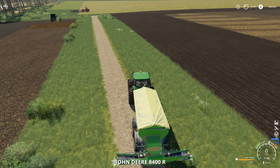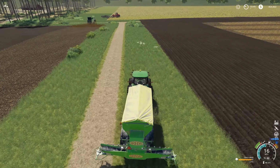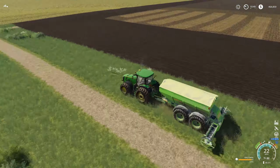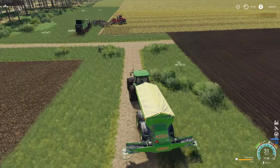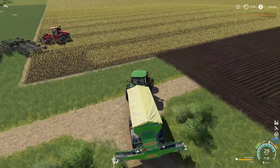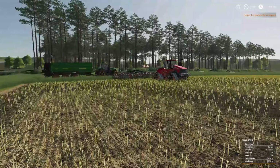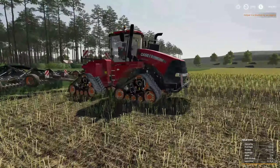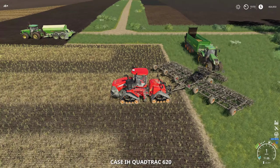Alright, let's go ahead and get the lime down, and then cultivate. And then the John Deere will go ahead and we'll hook him up to the seed drill. Really? You had to pull that far forward. And the quad tech is in your way. Alright, give me a moment. Didn't think you needed that much space in front of the field, but...